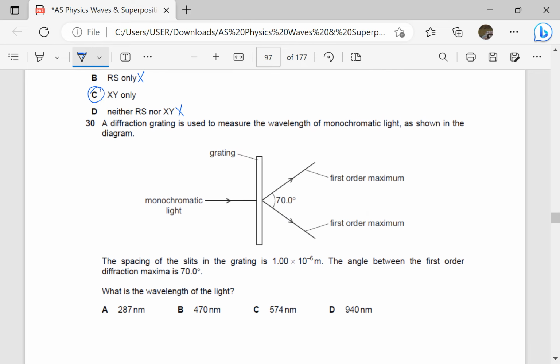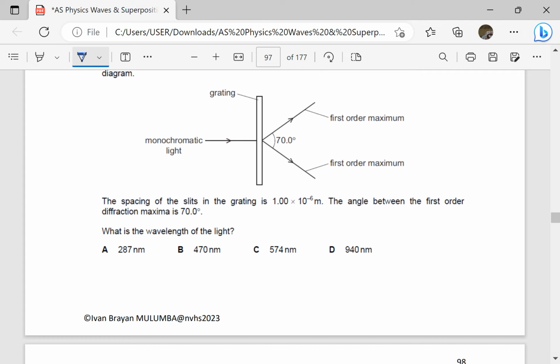A diffraction grating is used to measure the wavelength of monochromatic light, as shown in the diagram. The spacing of the slits in the grating is 1.0 times 10 power negative 6 meters. The angle between the first order, so this one is n equals 1, diffraction maximum is 70 degrees. So we divide this into 2 because the angle is always measured